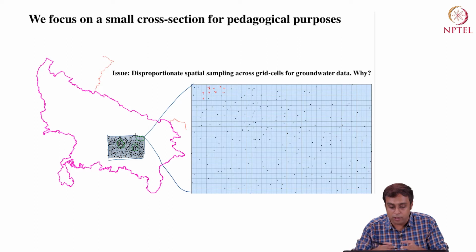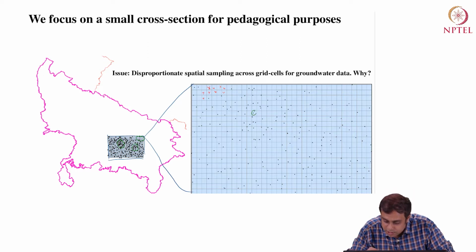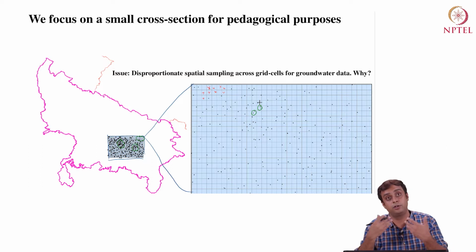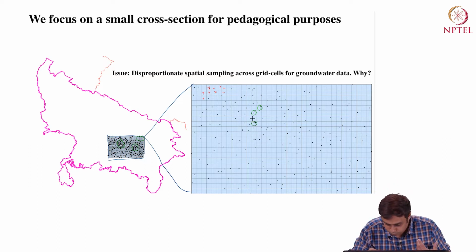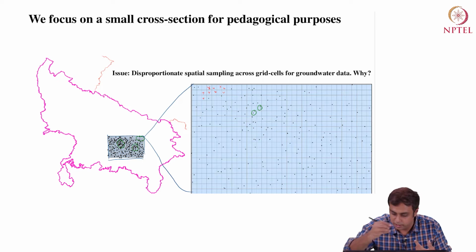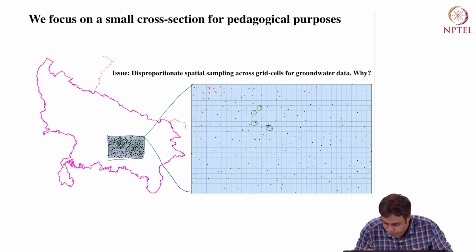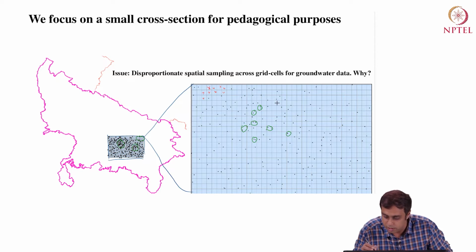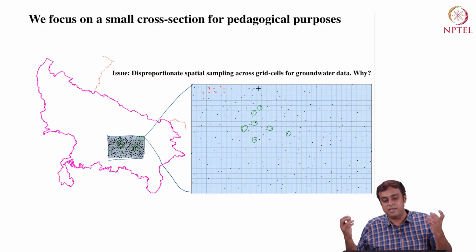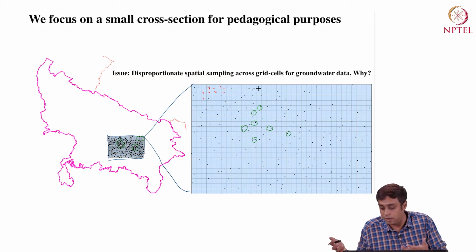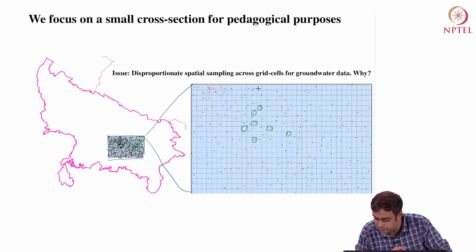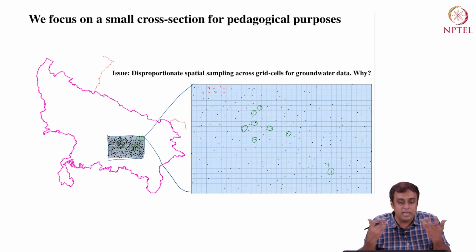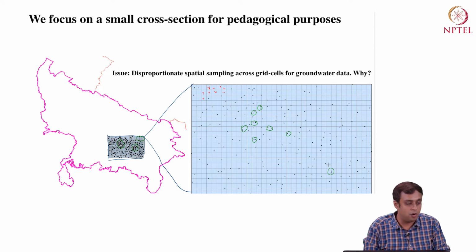Okay, so if I come back to this zoomed in version, I see that there are some cells which have two observations, and I'm just going to try and mark these cells for your benefit here, right, where I'm able to see some cells with more than one observation filled in. So these cells basically are containing more information than their other counterparts, right? So what is the consequence of this kind of a sampling methodology?